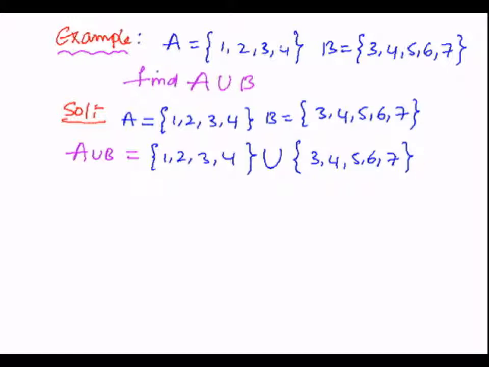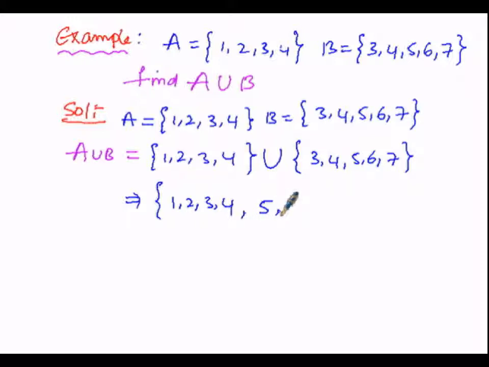While we are writing the union of these two sets, first of all we have to write all the elements of set A, that is 1, 2, 3, 4. Then we have to write the elements of set B in such a manner that no element is repeated. 3 is already in the set A union B, so the element 3 should not be repeated here. Then let us go for the element 4. 4 is also present in A union B, so we can neglect this 4. Then let us go for 5. 5 is not present in set A, therefore we can include this.